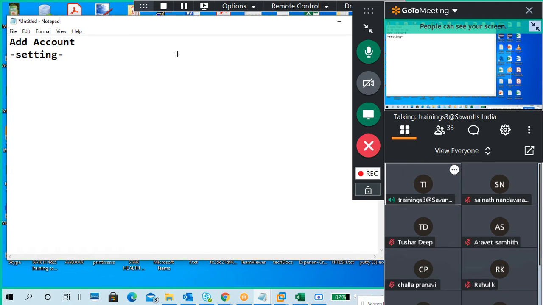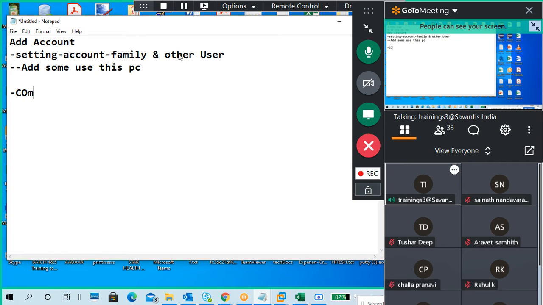Go to Settings, then Accounts, Family and other users, then Add someone else to this PC, and Add someone, use this PC. Very good, all steps.